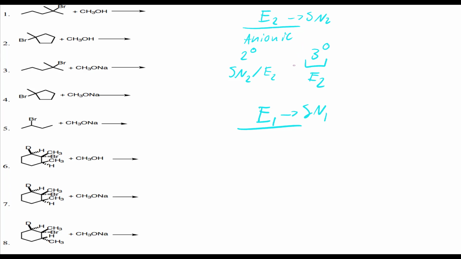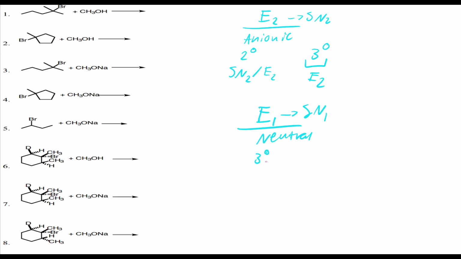Now, to differentiate between E1 and SN1, you're going to have to be neutral, right? And again, it's kind of like a blend. Sometimes you can do SN2 or you can do SN1. Notice that for secondary carbons, you could do SN2 or E2, and it's kind of like a blend. So these components are competing whenever you do a reaction for secondary carbons. The same thing is true for E1, but over here, for a tertiary carbon,